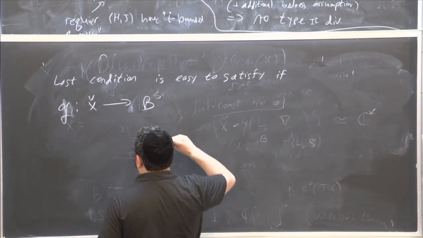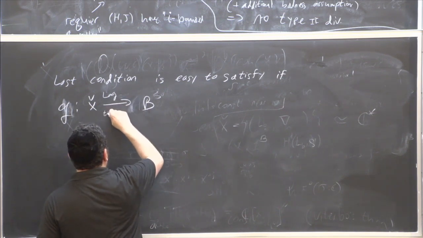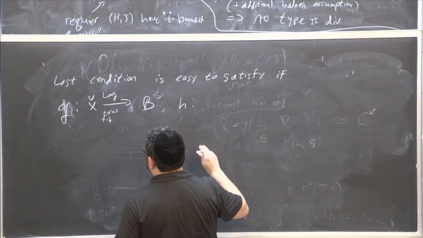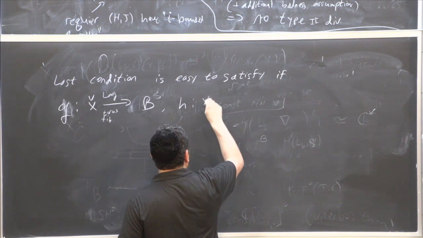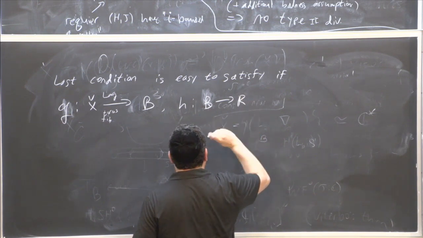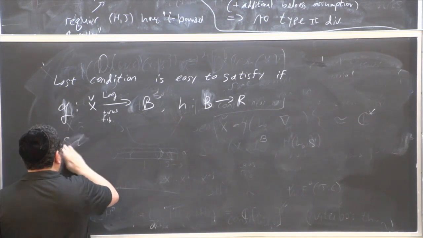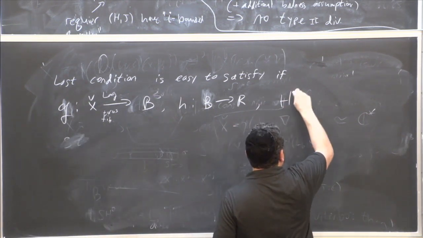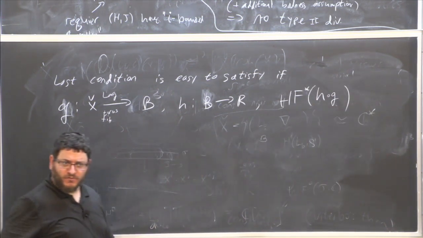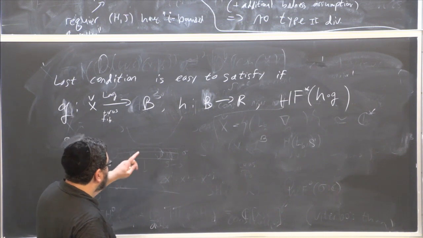So g is a Lagrangian torus fibration to some base, and h is a function from the base B to R. Now we want to do Floer homology for the function h composed with g. So we have this Lagrangian torus fibration that goes to a base, and then we have a function on the base. Then it's easy to satisfy if